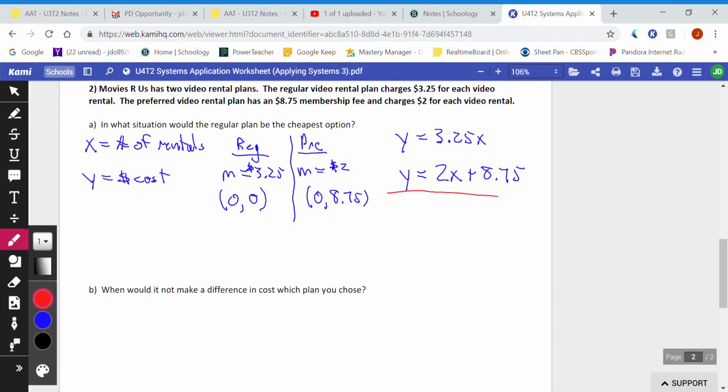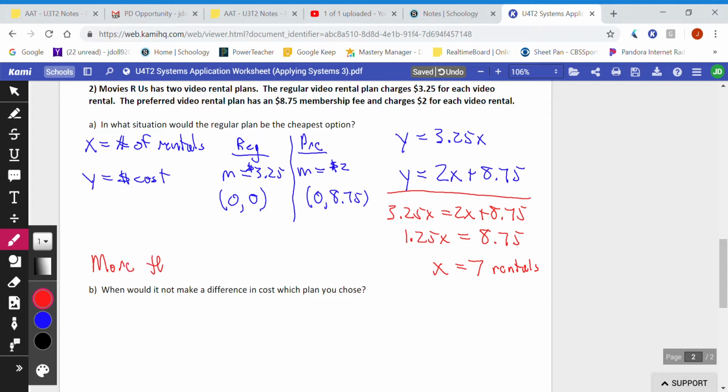So I'm going to once again use substitution here. So we get this, subtract 2x from both sides. I get 1.25x equals 8.75, divide by 1.25 on both sides, and we are going to get x equals 7. So at 7 rentals, they are the same. So that means from rentals 1 through 6, the regular is better. At 7, they're the same. So more than 7 rentals